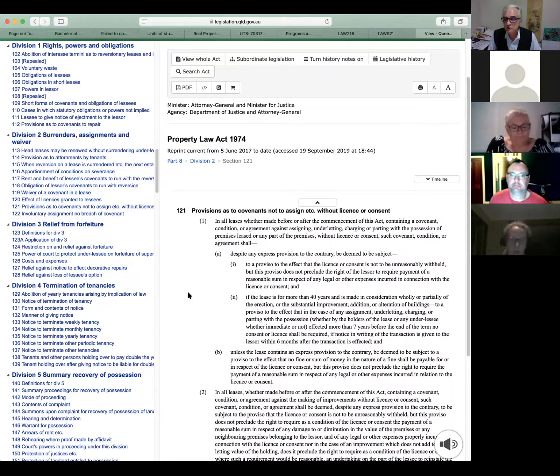So this idea of the consent not to be unreasonably withheld, who are we talking about can't unreasonably withhold consent? Mr. Wade. Right, the lessor. Okay, so the lessor can't unreasonably withhold consent with respect to an assignment or a sublease according to section 121.